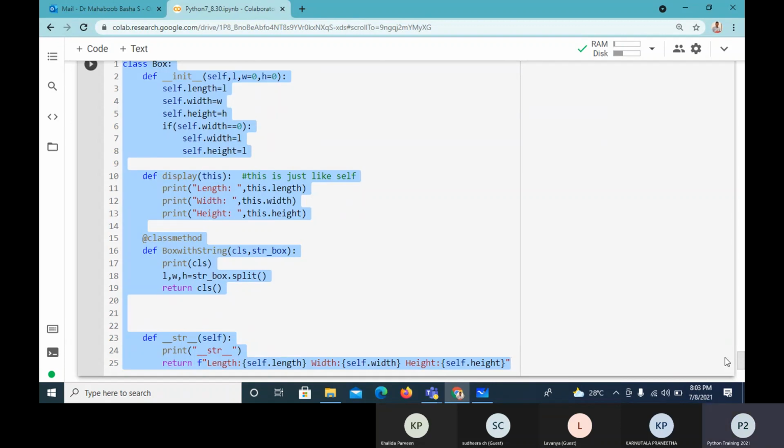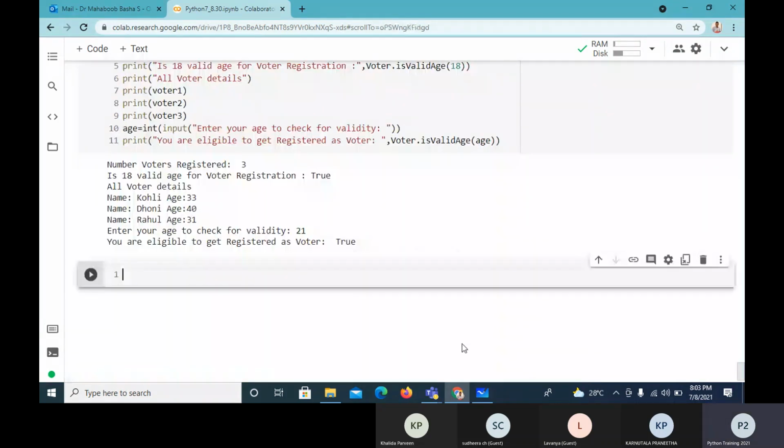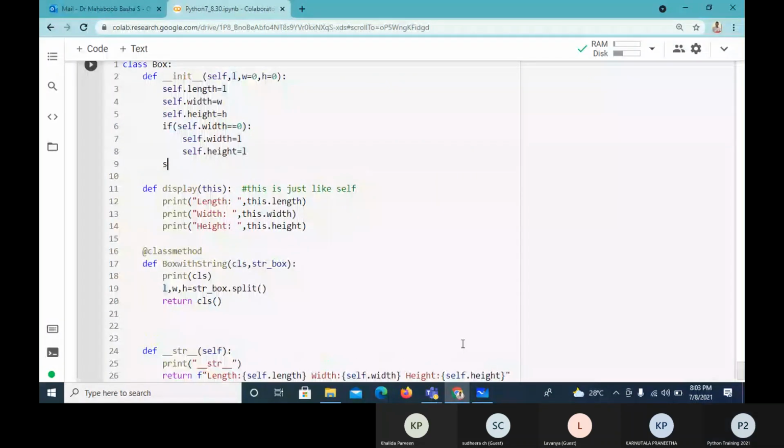I'll take this box class here. So I'll take area. I'll add self.area. I'll just multiply, so self.length into self.width.